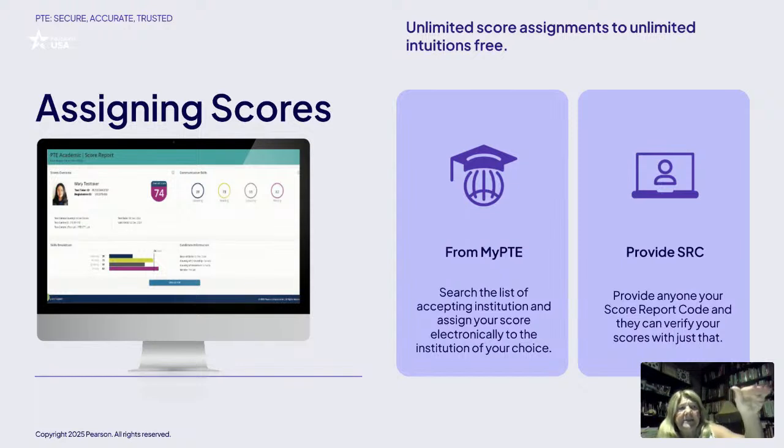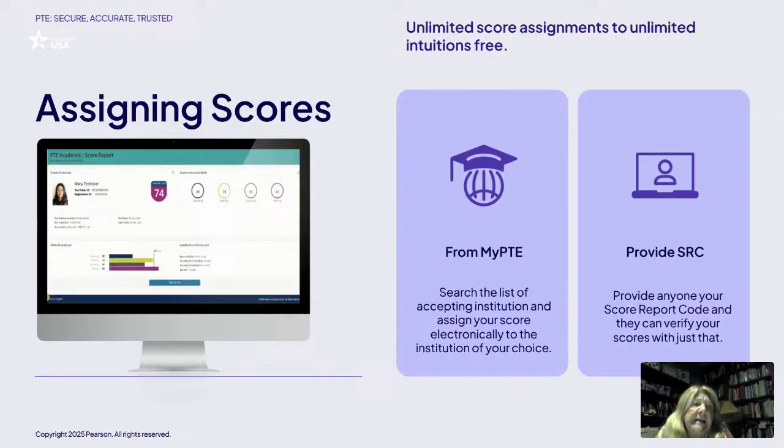When you see that school's name come down, you can send your score to that school, either from My PTE or by providing the SRC. Then the school receives your score, and they have what we call a score reporting website where they can verify your score.